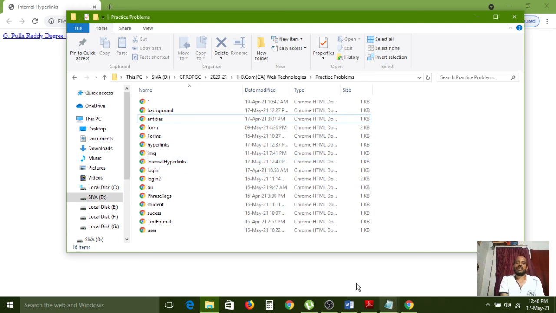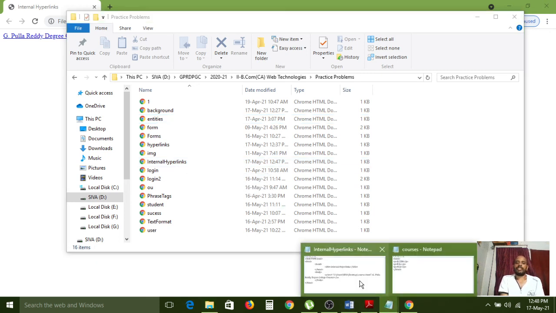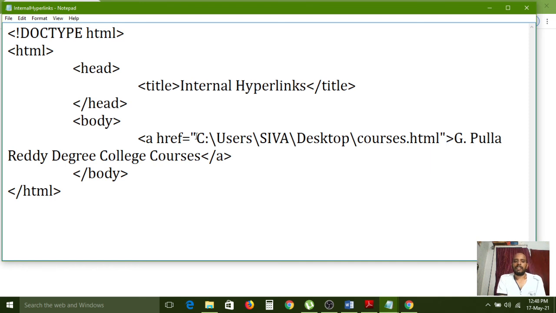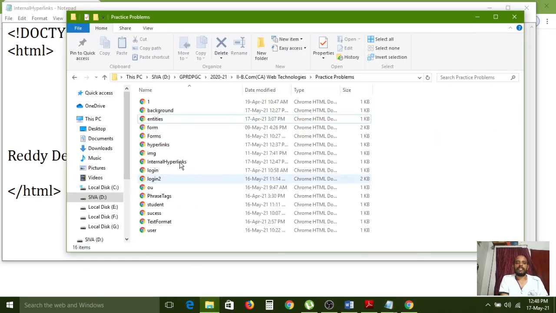So that's why I gave the courses file location here. After the href attribute, after the equal symbol, in between double quotes, first I gave the desktop location. After that the courses file name I gave here. Understand? But this main internal hyperlinks file is available in some different location, the D drive. Desktop is related to C drive.